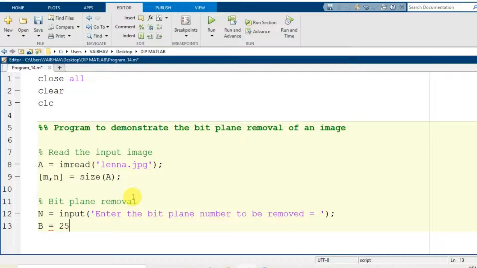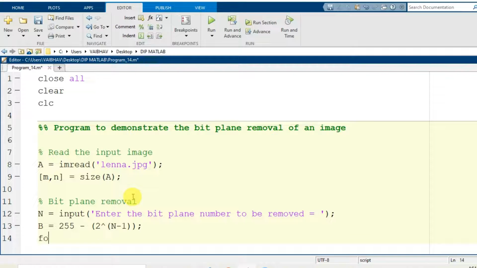So let us have it formulated as 255 minus 2 to the power, not capital N, but n minus 1, as we have to remove a bit plane from it. So initially for the 8-bit environment, the maximum pixel intensity is 255 if you start at 0, because 2 to the power 8, total 256 shades you get.